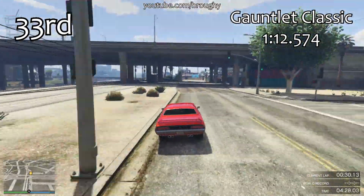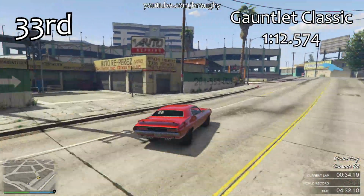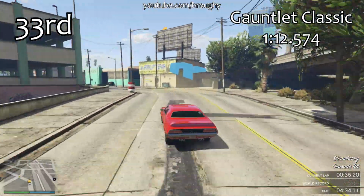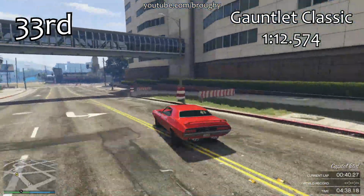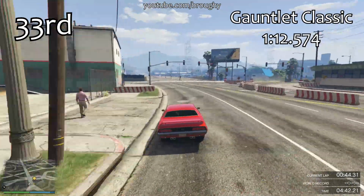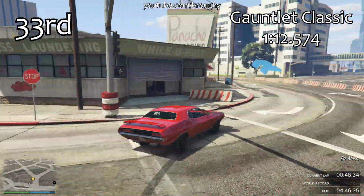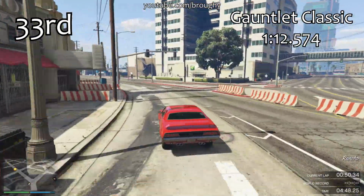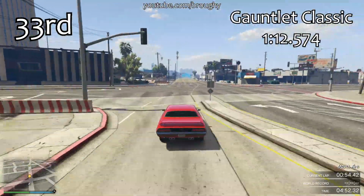It's a little bit more stiff in terms of the suspension, so going over bumps and things isn't as nice. But in terms of the way that it performs, it's got pretty decent brakes. It's okay around the corners. Doesn't have a great top speed, as we'll see from the top speed testing video later today, but in general, the 1 minute 12.5 lap time that it gets, although it's only good enough for 33rd place, which may sound pretty bad,